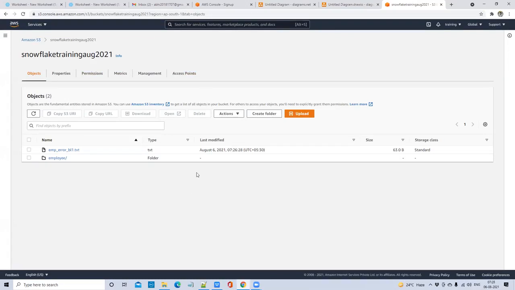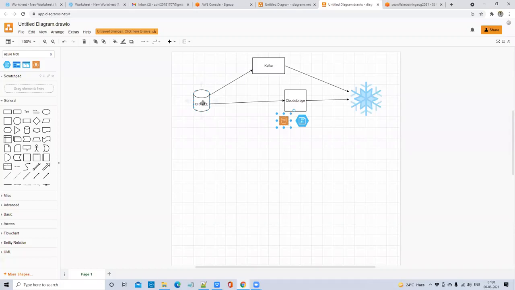So how you will create a folder, how you will upload it. But generally in real time, you don't do this manually from the UI. I told you, if you want to bring the data from your Oracle system to your cloud storage like S3, there are some tools, like DMS, Affinity, GoldenGate, even Matillion. You can use Matillion also to extract the data from your source system to your S3. There are a lot of other tools also.